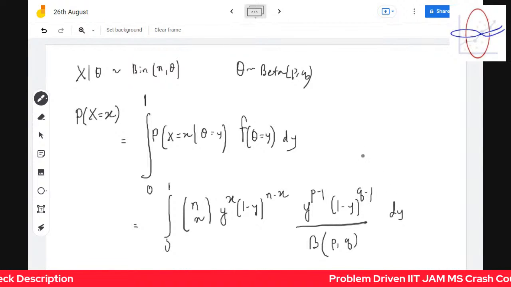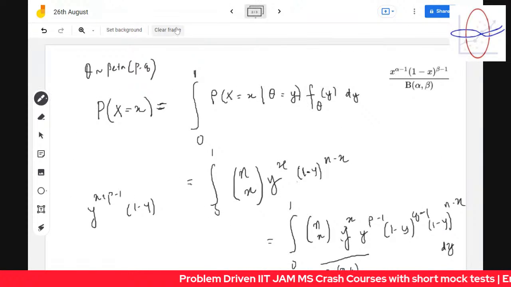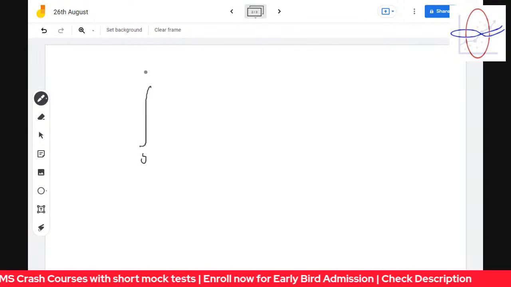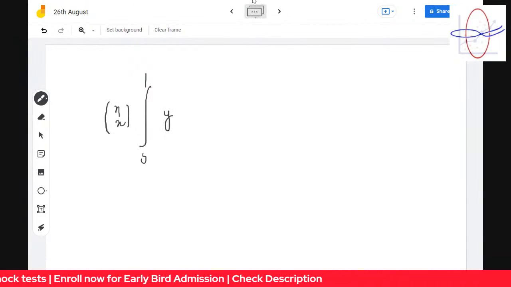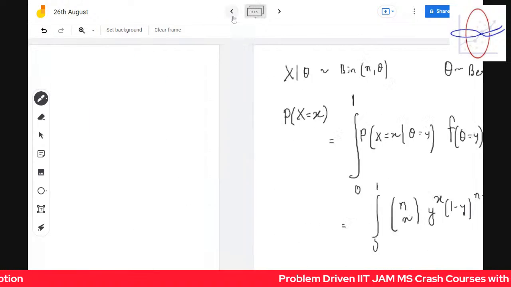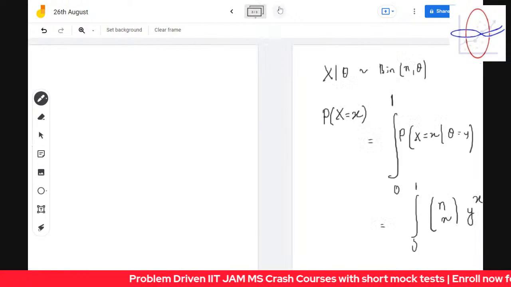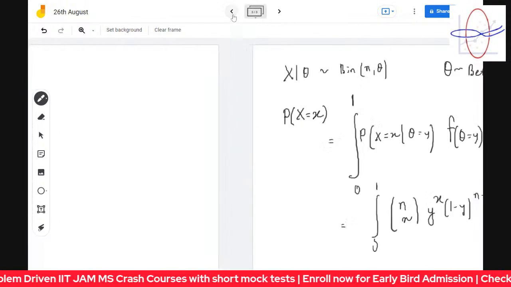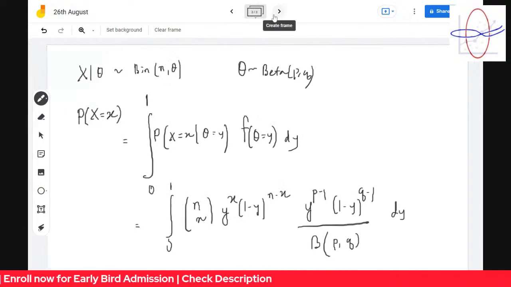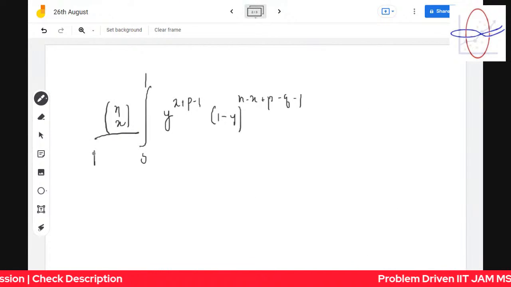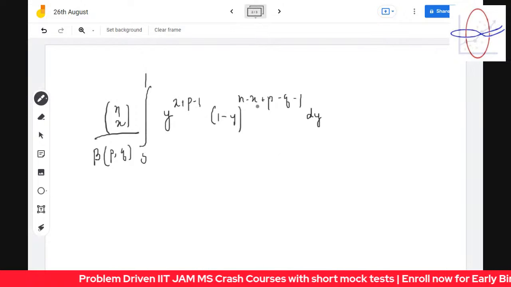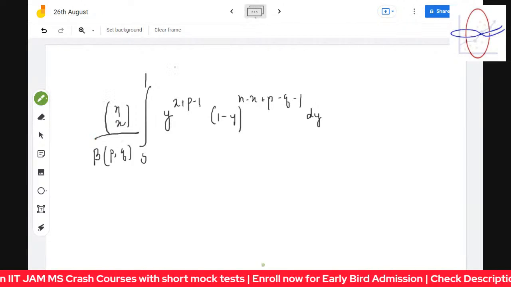So if you look into this very minutely, you will see something really interesting. You will see that it's of the form integration 0 to 1, n choose x comes outside, y to the power x plus p minus 1, and (1 minus y) to the power n minus x plus q minus 1, and by beta p comma q, dy. Now understand one thing really carefully,